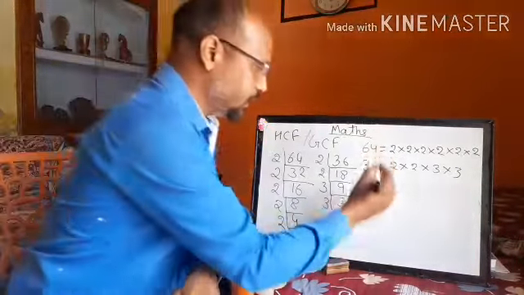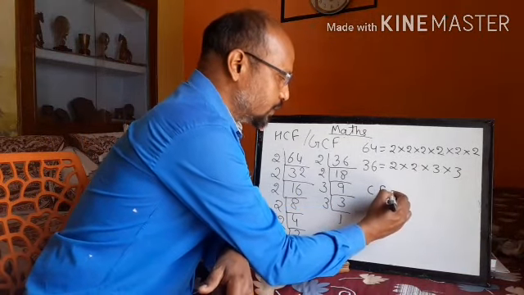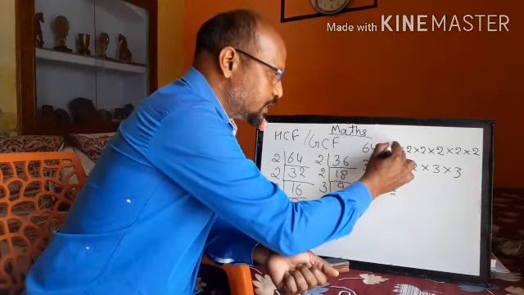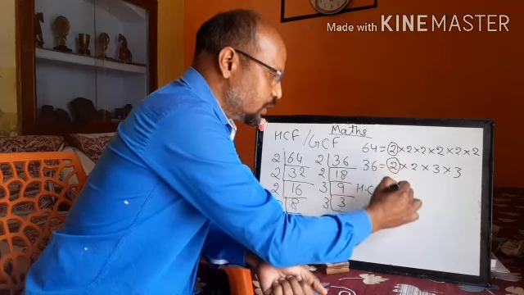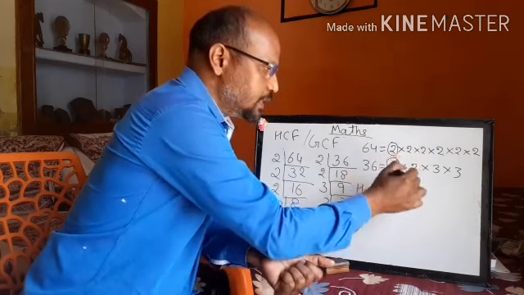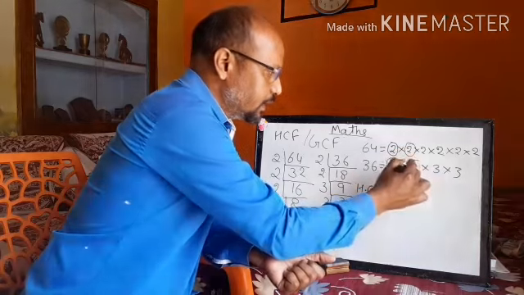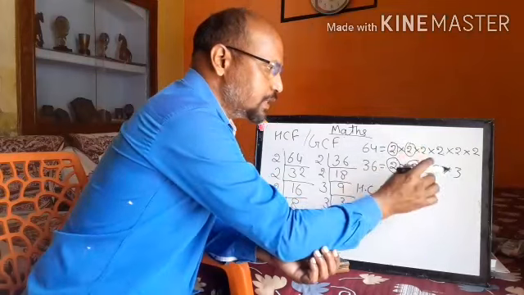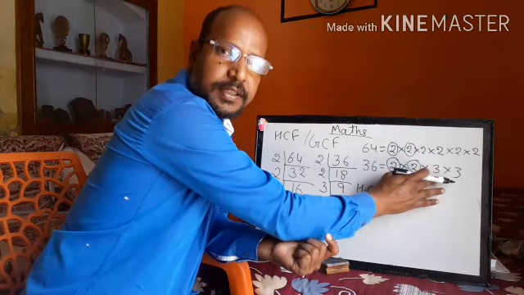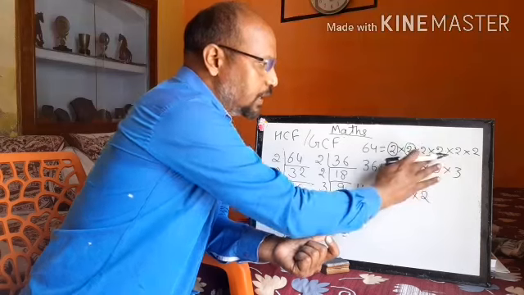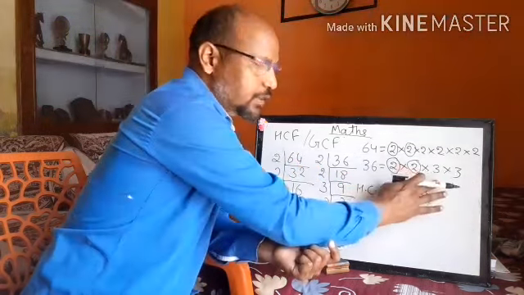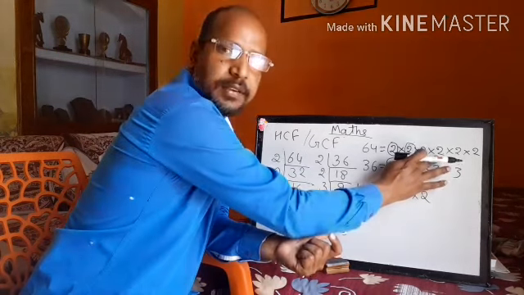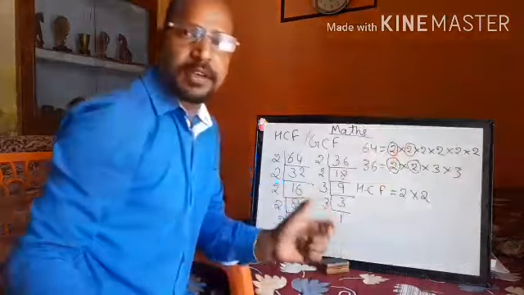Now we start finding the common factors, the highest common factor. Let's check: 2 is here and 2 is here, so write down 2. Check the next 2: it is here and also in this number, so write it down too. But there is no other 2 in the factors of 36. Now check 3. 3 is a factor of 36, but it is not a factor of 64, so leave it because it is not common.